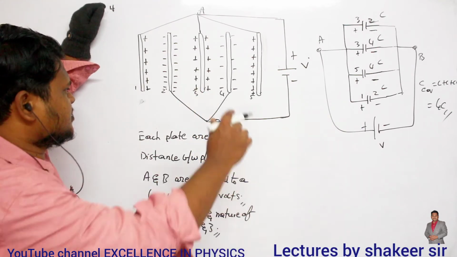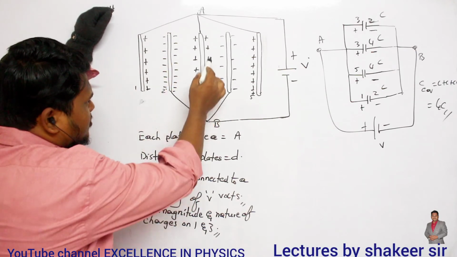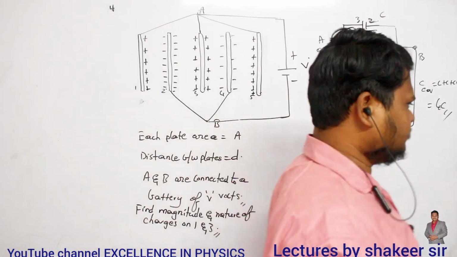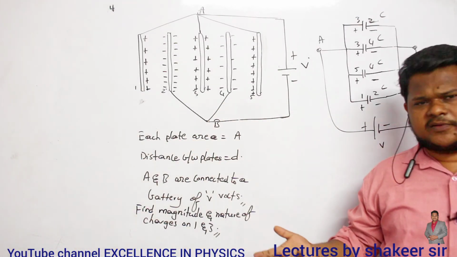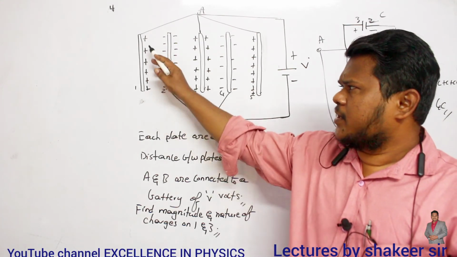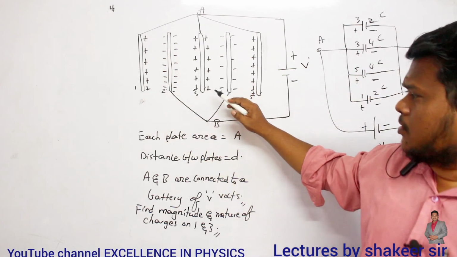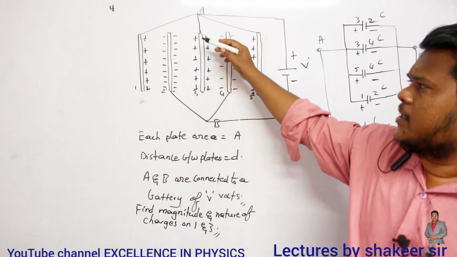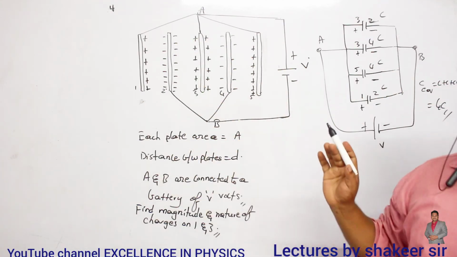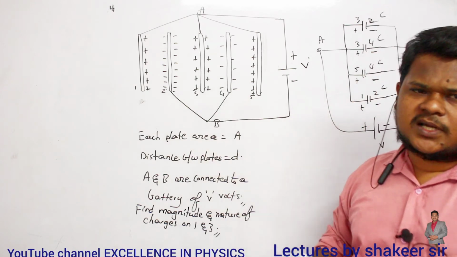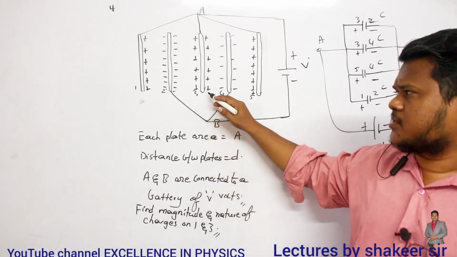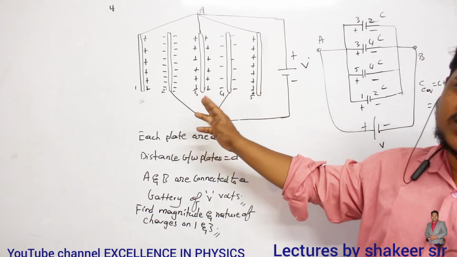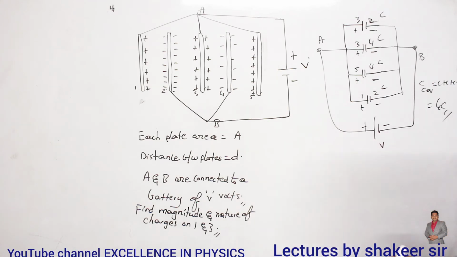Clear now? Next, if you observe here, can you say whether the charges on plate number 3 and plate number 1 are equal or not? The magnitude of charge, they are not equal definitely. Why? Because on plate number 1, we have charges which are present on only one side. But on plate number 3, you will see that charges are present on both sides, because plates are present on both sides, and the magnitude of charge present on each side will be equal. So therefore, on plate 1, if the charge present is Q, then the charge present on plate number 3 is 2Q. Clear? Because charges are present on both sides of the plate. Okay? So therefore, make a note here.